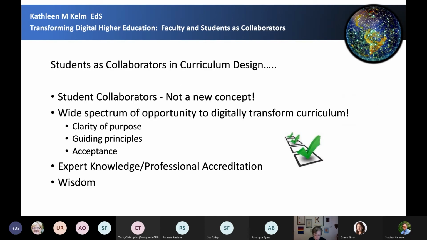Now, I want to focus a little bit more on curriculum design and then give you an example of how that has been working for me. Because I teach on campus and I teach online, I often will take some of these new ideas and try them out to see how it works. So if we are thinking that students and faculty should be working as collaborators, the underlying principle, or the inherent expectation, of constructiveness as a pedagogy is important.